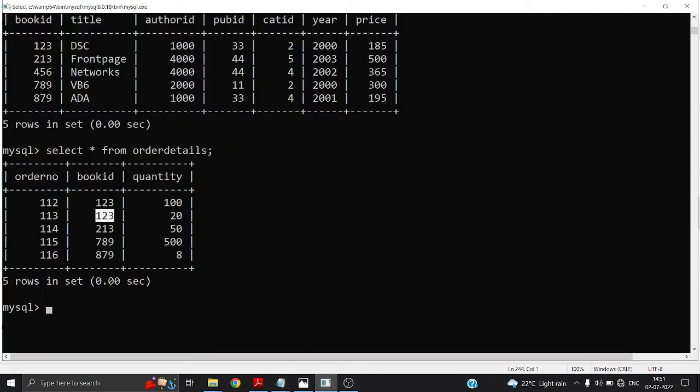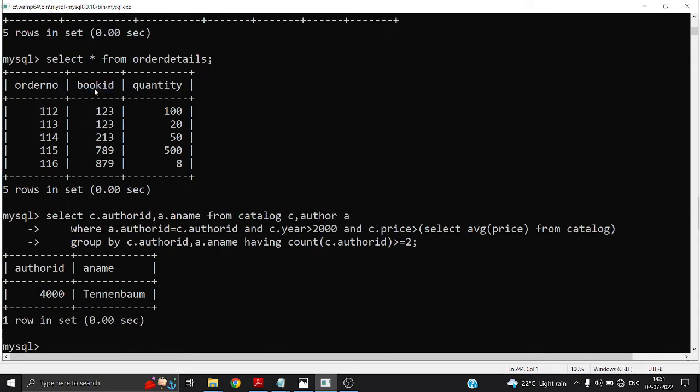Let me execute that query first. Now here we can see the result: what we have got is 4000, that is Tenenbaum. In order to understand how this query actually works,